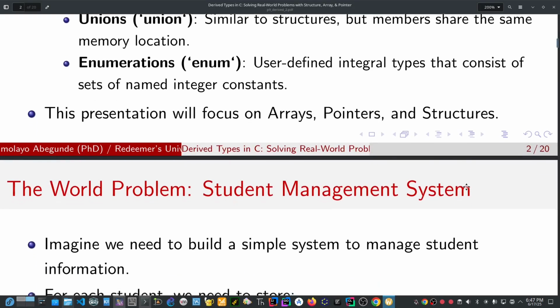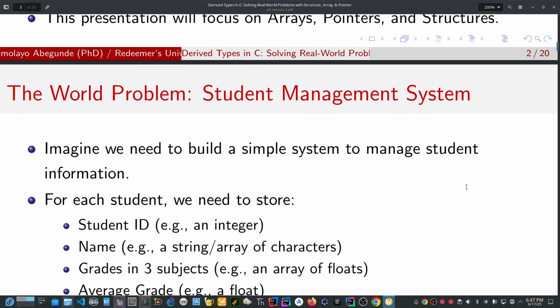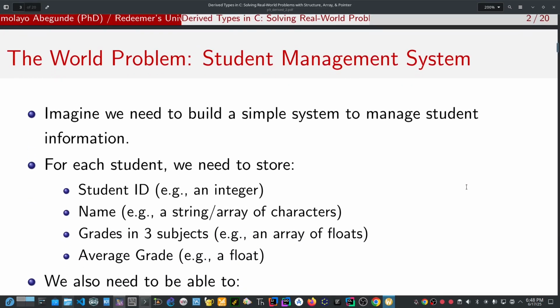Now, let's look at a real problem where derived types can be used. Imagine we need to build a simple system to manage student information. Just as you are a student, we have your information when you log into your portal. As a single user, you will have your matric registration number, your name, the first name, surname, and other names you use, then maybe your age. Those can be structured into one single person, along with any other necessary information required by the